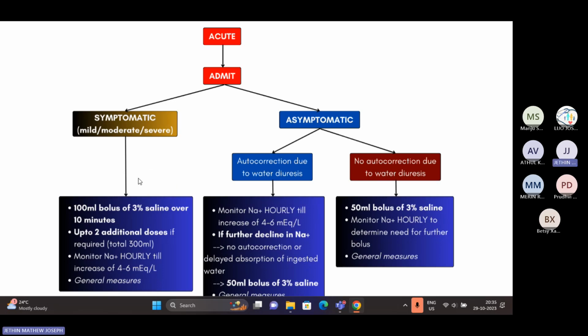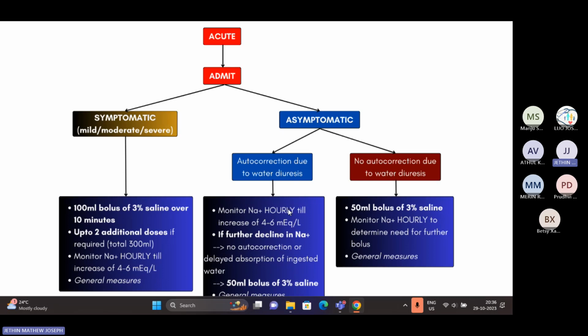So if it's symptomatic, you can give 100 ml bolus of 3% saline over 10 minutes, up to 2 additional doses. So a total of 300 ml can be given. So you have to monitor sodium hourly, and once you reach an increase of 4 to 6, you can stop. If it's asymptomatic, and there is an autocorrection due to water diuresis,